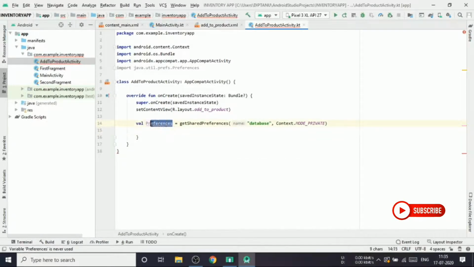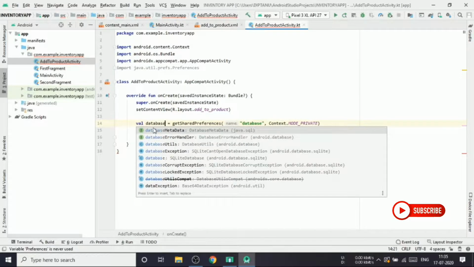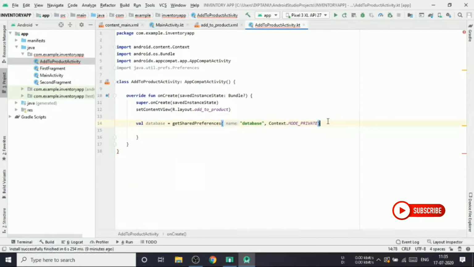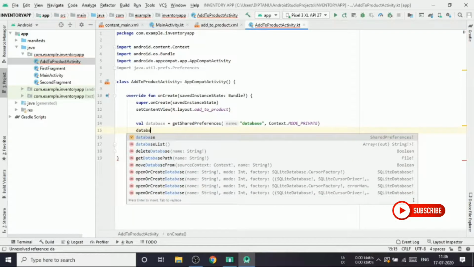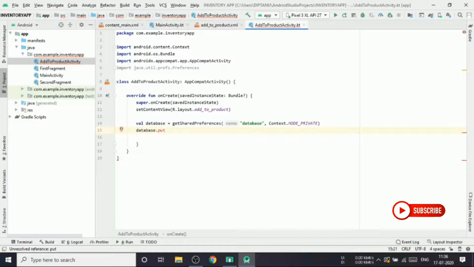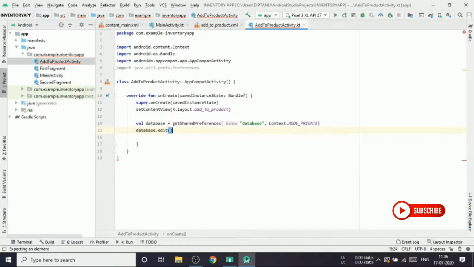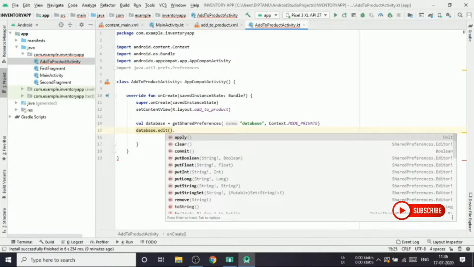So I think we should change this. So we should name it as database, and then we can give enter. We'll type database, so again give enter. So we'll give put string. So no, it's not gonna work because it's a red mark, it's showing error. So we'll just give edit, then click enter, then click dot apply,